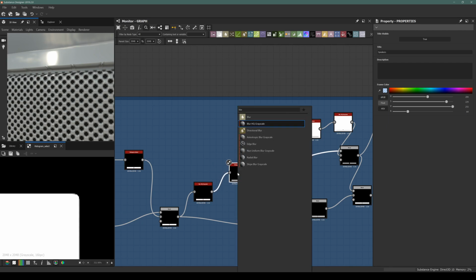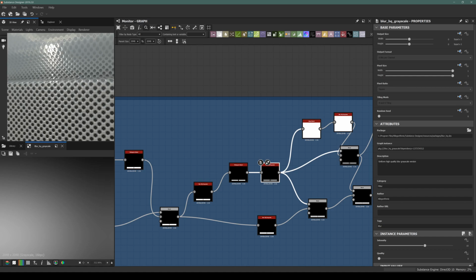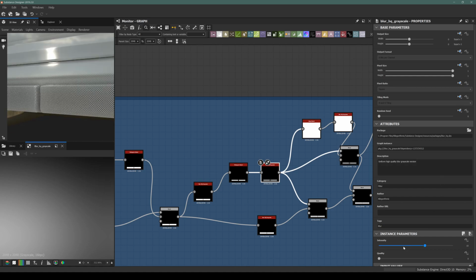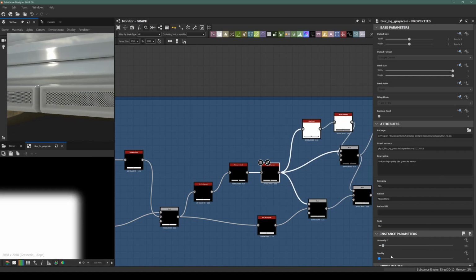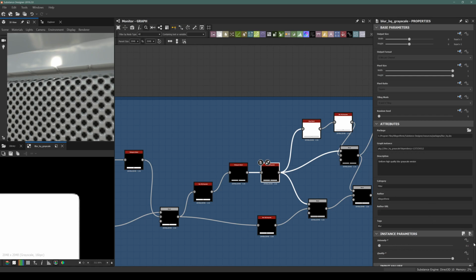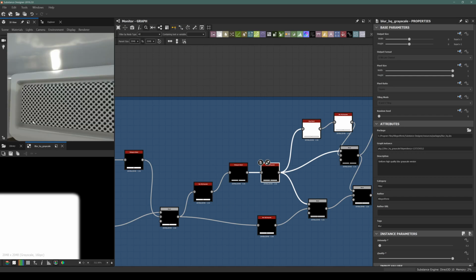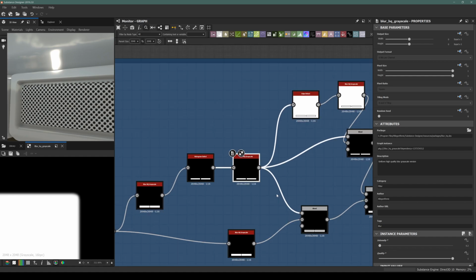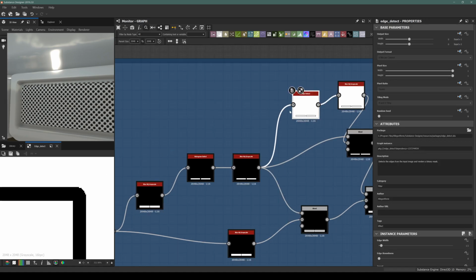So this is the shape that we are going to smooth out for the outer boundary of the speaker shield to smooth out the seams. So I added a blur HQ grayscale, increasing the intensity with minimal values to smooth out the outer boundary of the seams. Now it looks better than the previous one, but our seam got widened because of the smoothing